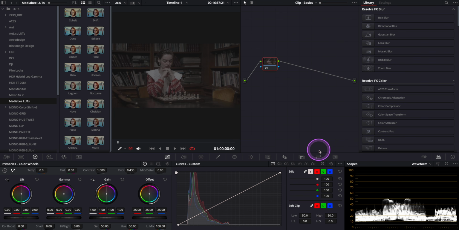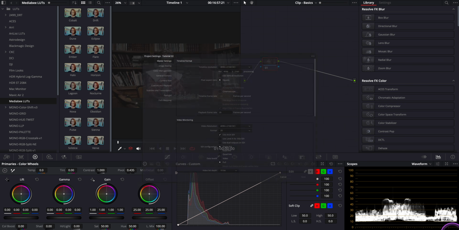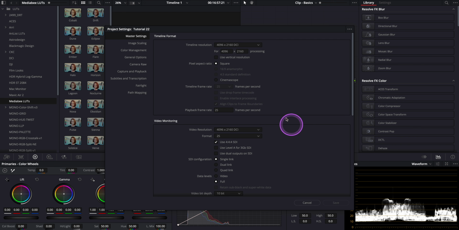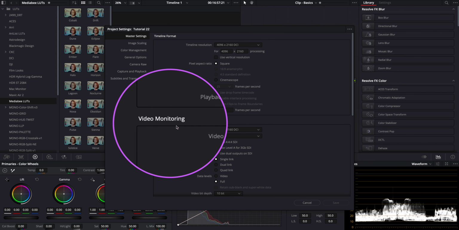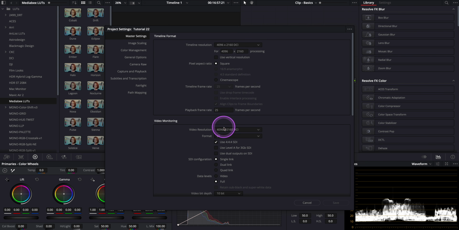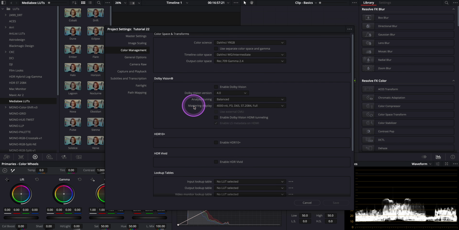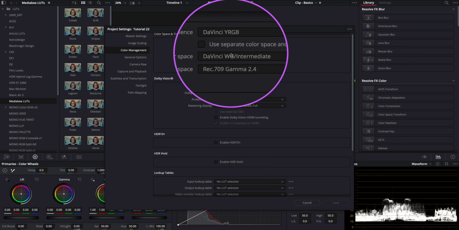Before we jump into grading, let's take a quick look at the project settings, especially if you are following along or new to the channel. Under the master settings, I've already matched the timeline resolution and the video resolution to the footage. And in the color management tab, I'm using DaVinci YRGB since I prefer working with a color space transform (CST) workflow. The timeline color space is set to DaVinci Wide Gamut Intermediate, which gives us plenty of room to push